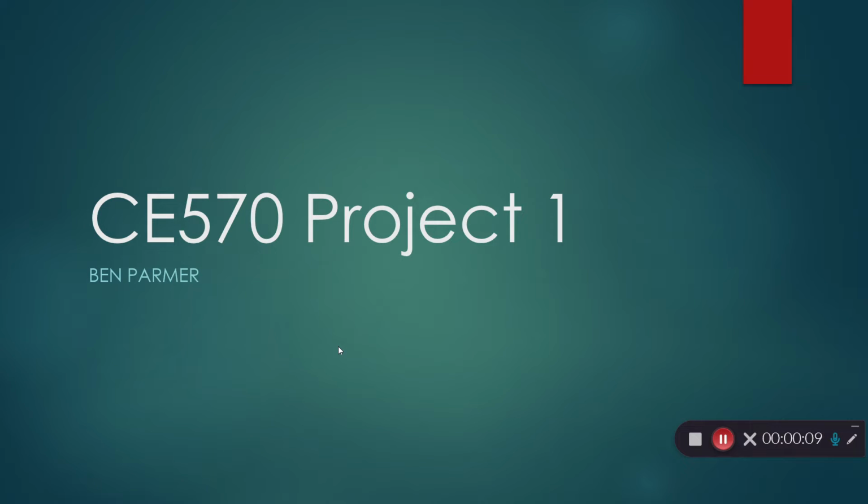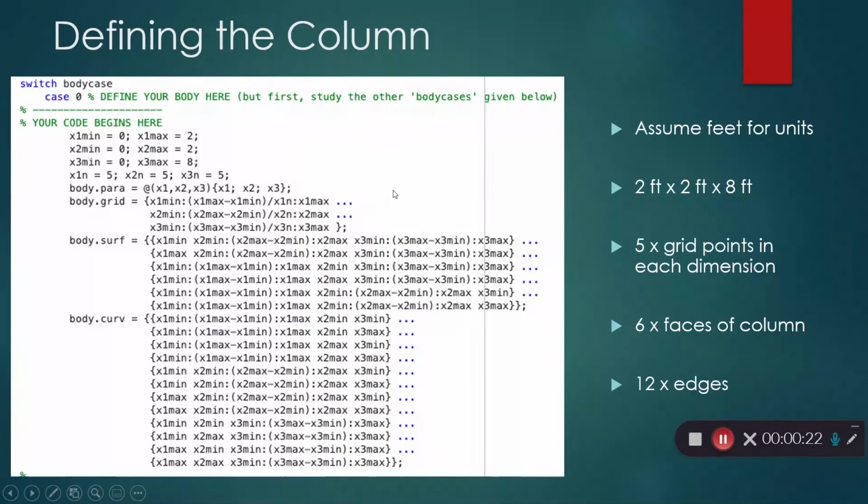I have never used MATLAB before. This is my first time using it, so I used this project to gain some familiarity with the program and with coding, and I decided to do something fairly simple just so I could understand it a little better. So I basically took what we learned in class and played around with the numbers to make my own shape. The shape I came up with on paper was a column that was 2 feet by 2 feet